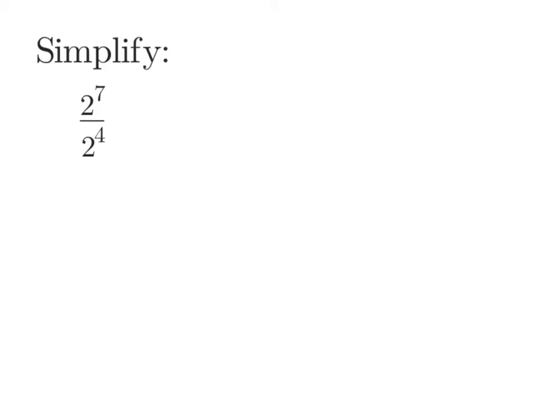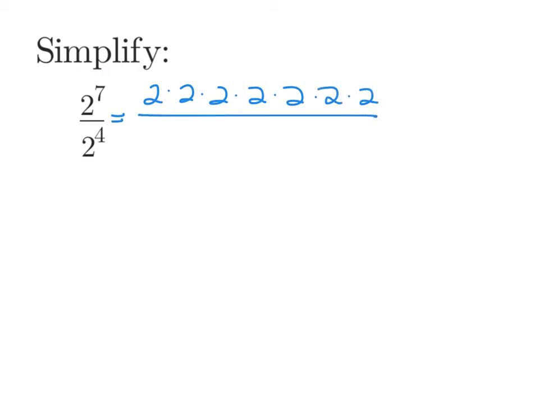Now that we have all the multiplication properties of powers, let's start taking a look at the division properties. Let's simplify 2 to the 7th divided by 2 to the 4th. 2 to the 7th, if you remember, is 2 multiplied by itself 7 times. So 7 twos. And then in the denominator we have 2 to the 4th, so that would be 2 multiplied